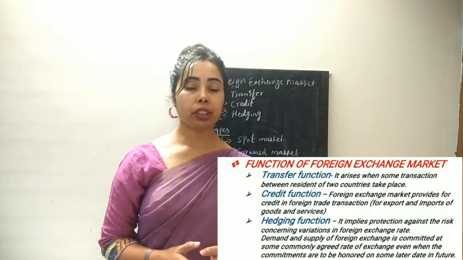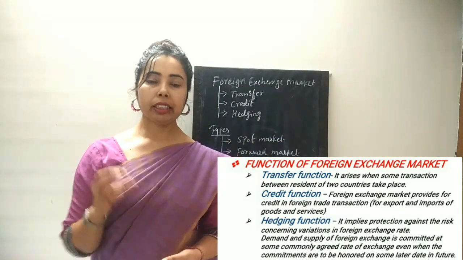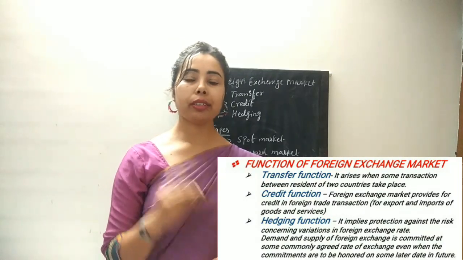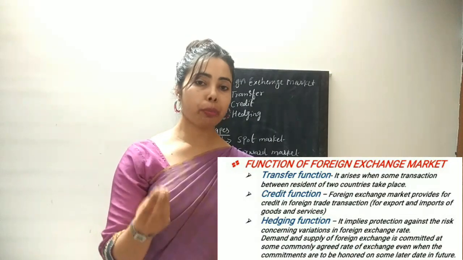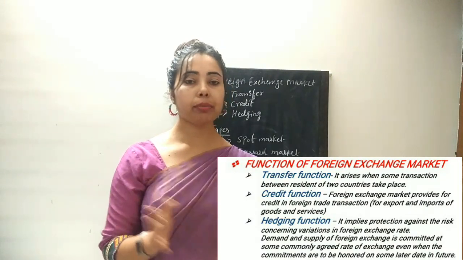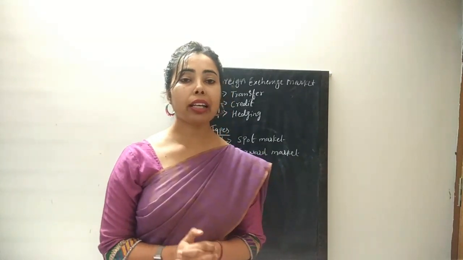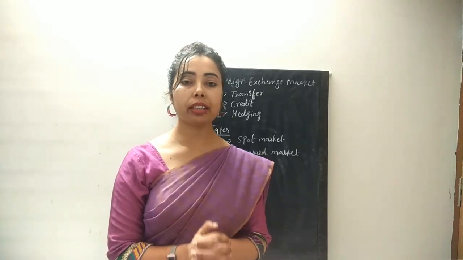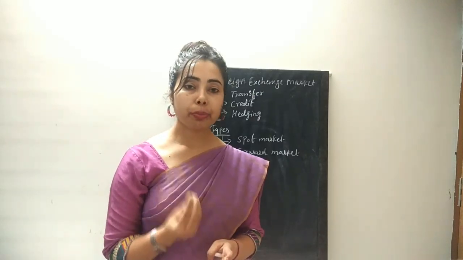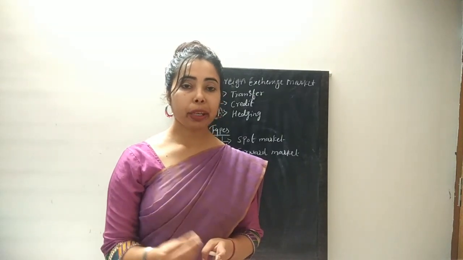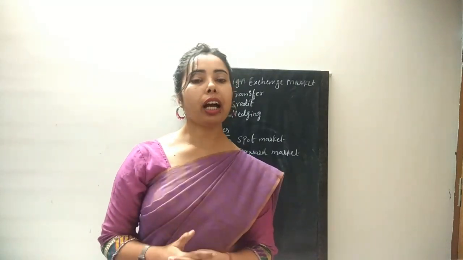One very important function in this market is called the hedging function. Hedging function means that in this type of transaction, buyers and sellers meet and make a contract on the same date for future payment at the current exchange rate. Again, what is the hedging function? It is the type of transaction where buyers and sellers agree to sell or buy goods and services at the current exchange rate, but the payment will be done in the future, and that rate is a mutually agreed rate.